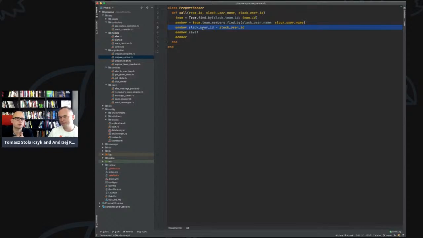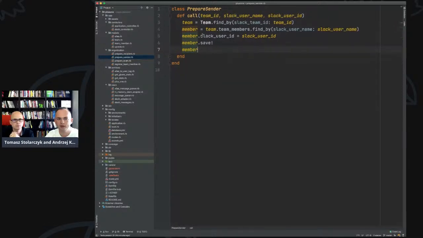So again, we break a bit of CQS, right? We don't know whether we query or we do some action. For the audience, this is a very, very bad method. It almost says it's just loading, but it's also changing something. Very bad method. So I need to refactor it.